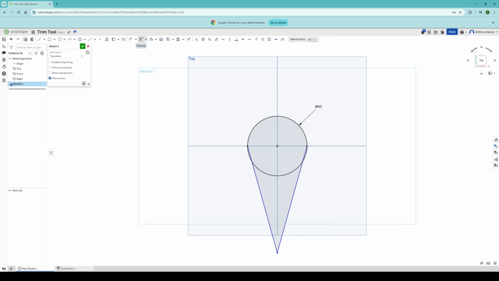Now, in its default setting, the trim tool basically allows you to remove lines that you don't need. So there's a line here which I don't need. The trim tool can be used in a couple of ways. You can find an entity that you want to remove and just click on it and it will be removed,